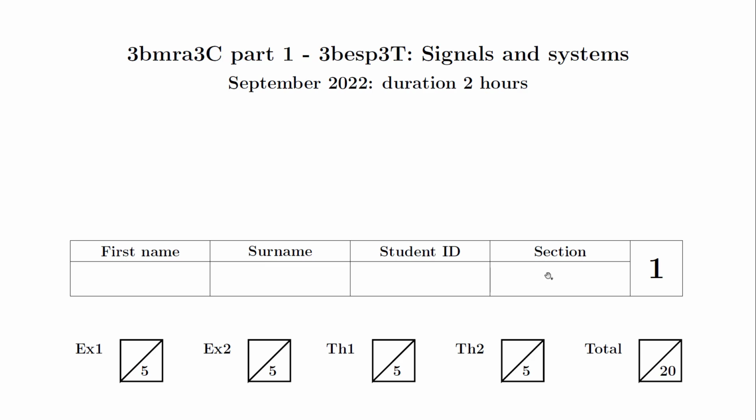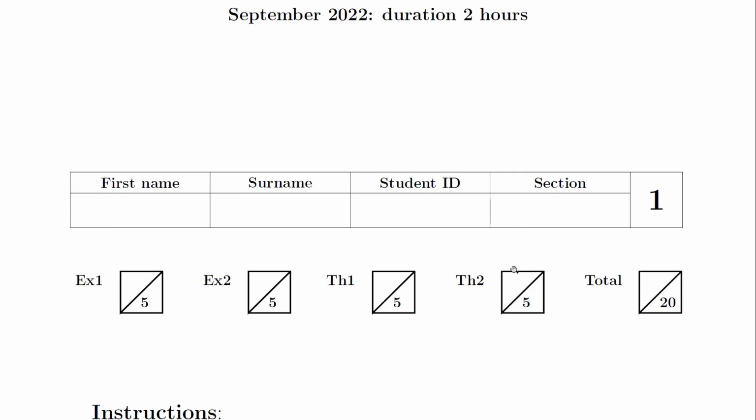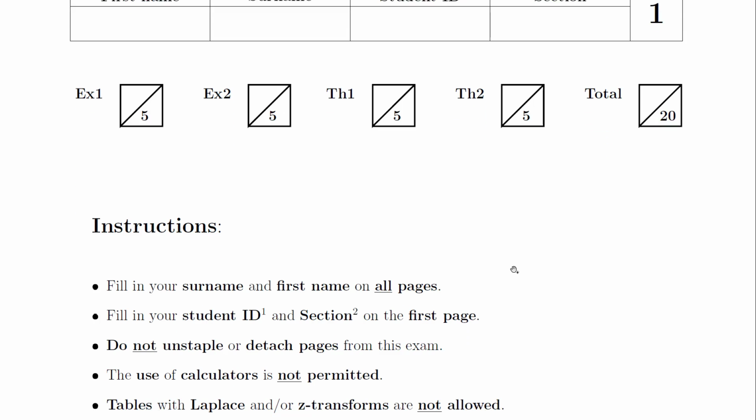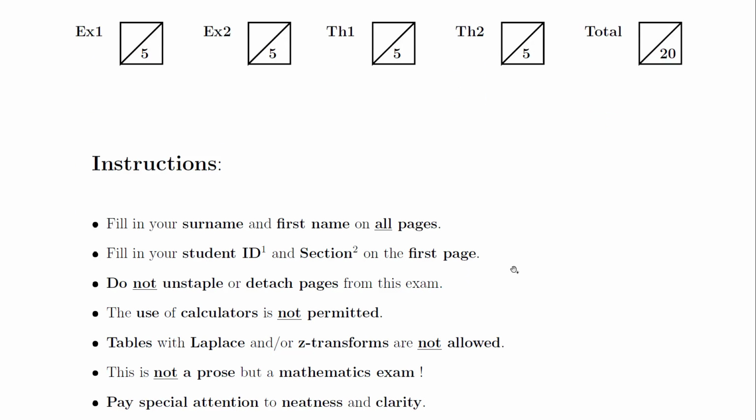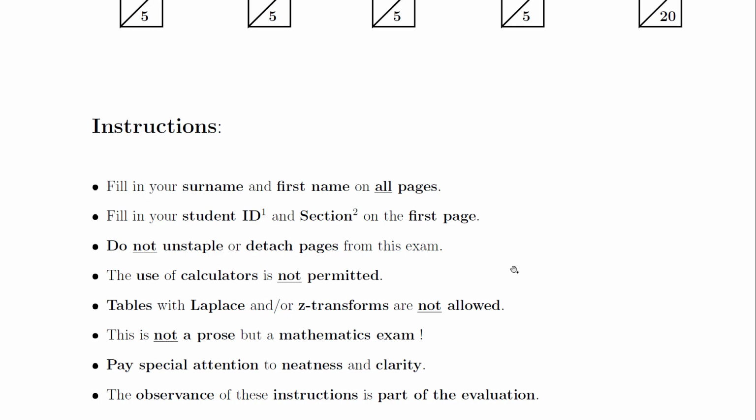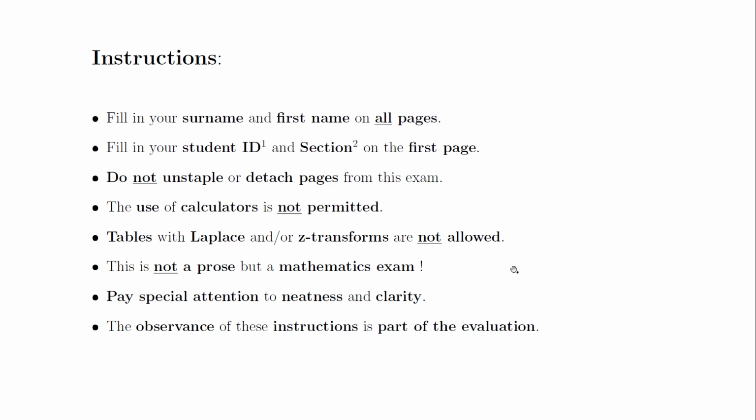Welcome to this new video in the Signals and Systems channel, and today we'll look at the exam of September 2022. As you can see, the exam has a duration of 2 hours. As usual, you have two exercises, one on the Laplace transform, one on the Z transform, and two theoretical questions. You can also have a look at the instructions because they will probably be the same for the exams to